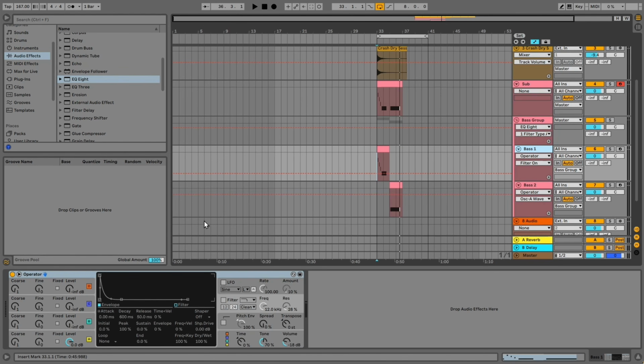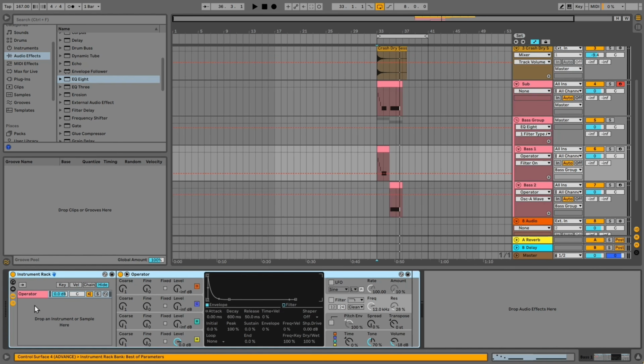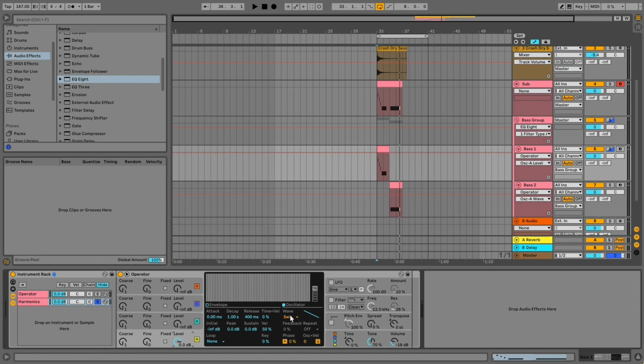So on bass 1, I want this to be even lighter. I just want to have some harmonics. So what I'll do is I'll group this operator into an instrument rack like so, open up my chains, and I'm going to duplicate this chain, and we'll call this harmonics. I'm just going to solo it, and let's go back to our oscillator and we'll change it back to a